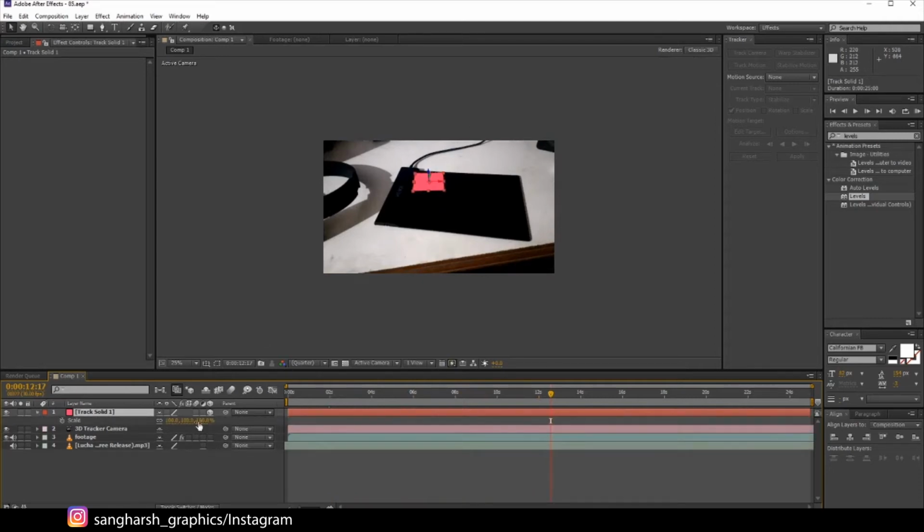Now let's just tweak some of its properties. Press S to scale it a little bit, change its position, press W to open the rotation tool, rotate it just a little bit to match the position exactly. You can uncheck the scale and match the scale size.